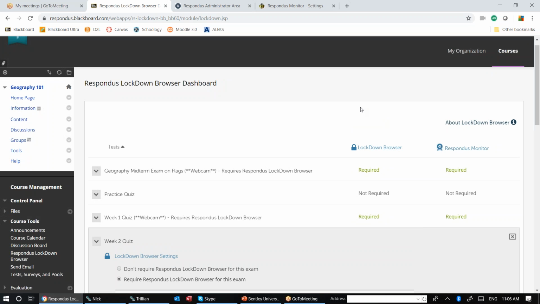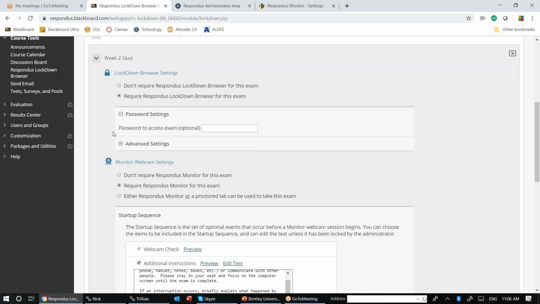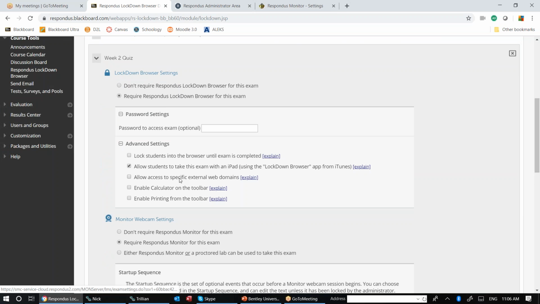Does it do math calculations, equals sum, equals averages? We have a scientific calculator that you may be able to take advantage of for some of that functionality, and I'm happy certainly to send you more information on that as well. There's a scientific calculator and a standard calculator that's built into LockDown browser, and actually let me see here. So here under LockDown browser settings, under advanced settings,